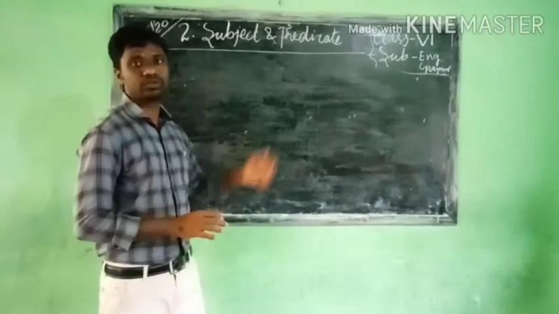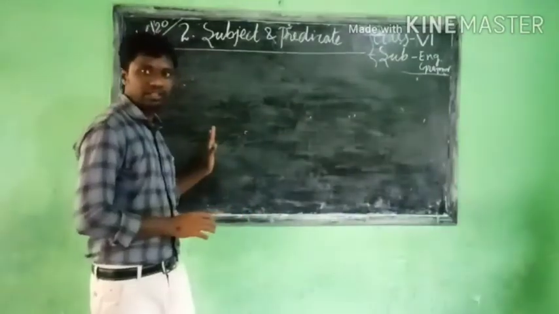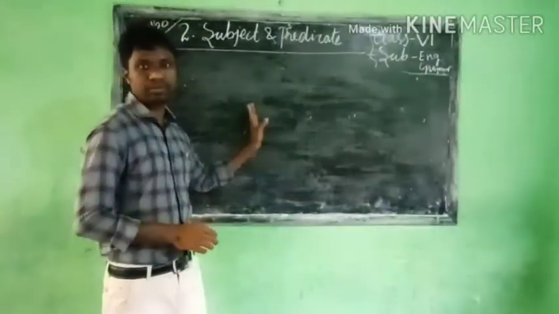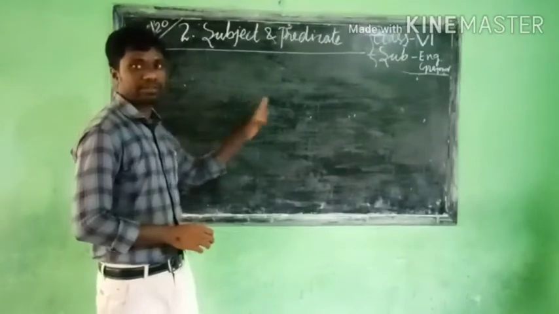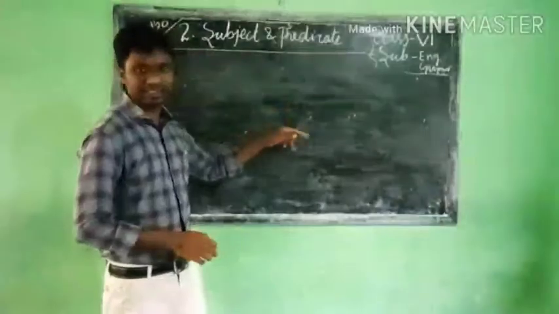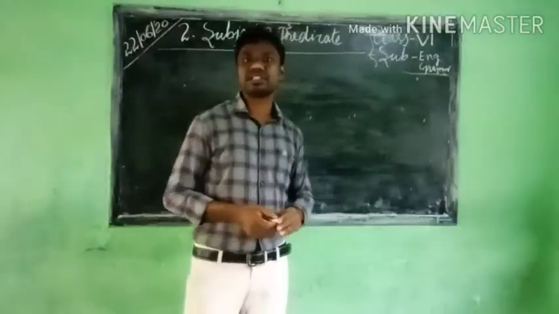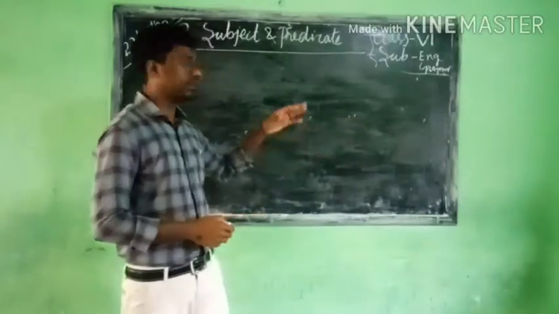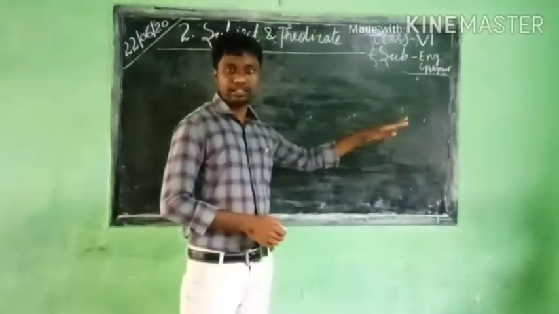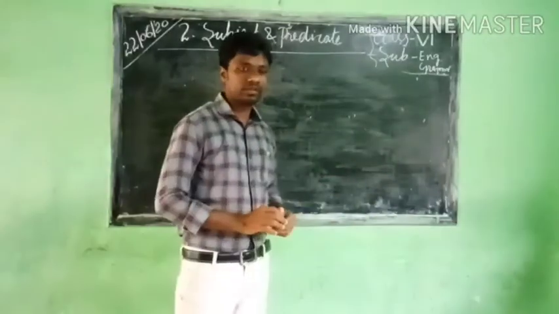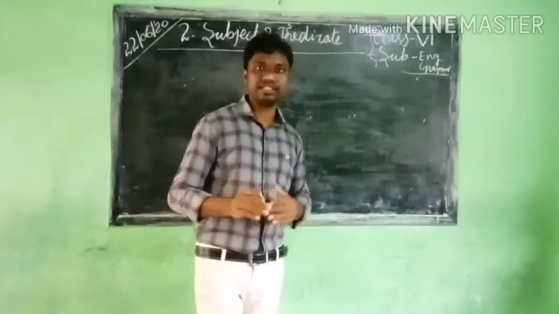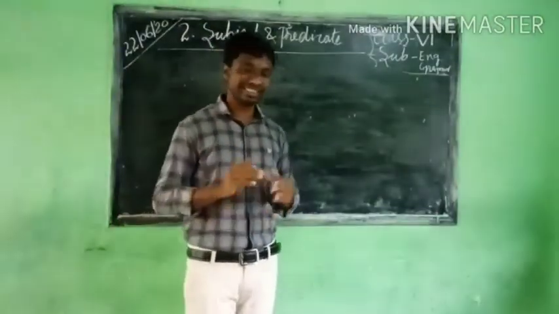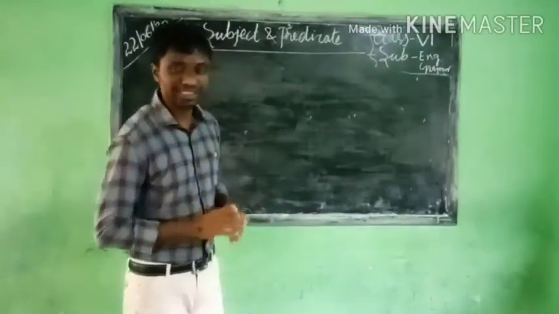According to the previous rule, we saw that the subject comes before the verb. Previous rule में हम क्या देखा, subject क्या verb से पहले आती है. Again, in this sentence, according to this second rule, sometimes the subject comes after the verb. मतलब क्या verb से बाद में आती है. In which type of sentence does the subject come after the verb? The sentence which begins with here and there.